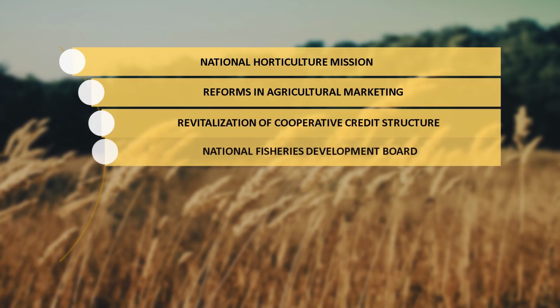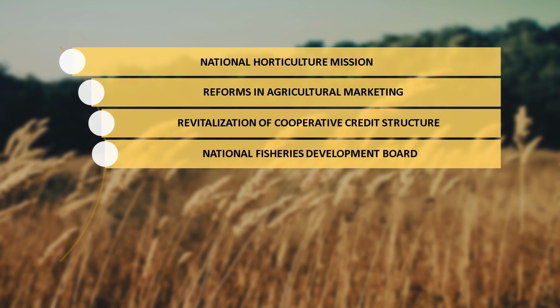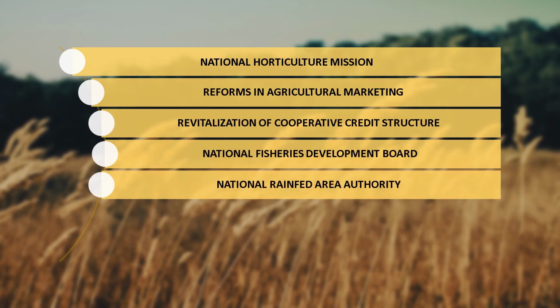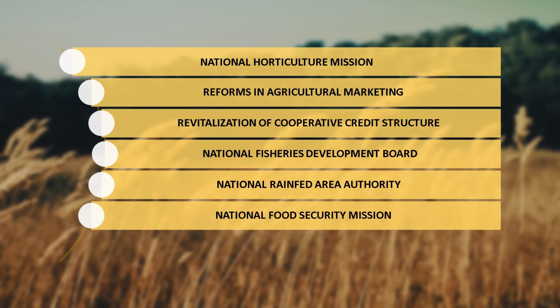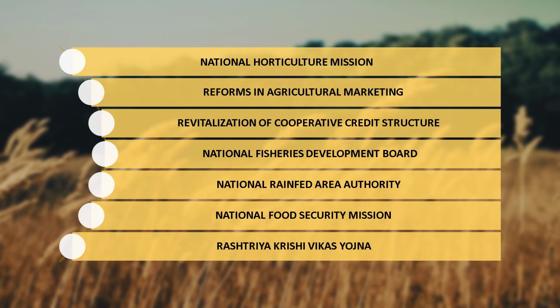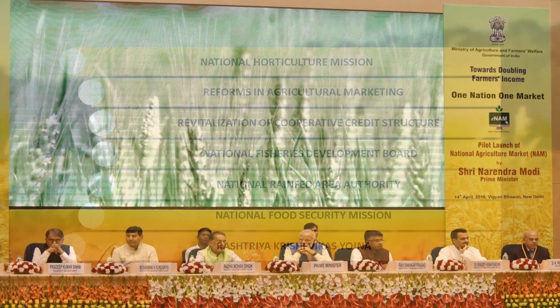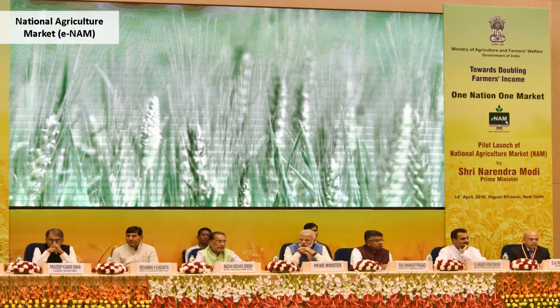Then the National Fisheries Development Board was created. Then we created the National Rain-Fed Area Authority to promote agriculture activity in rain-fed areas. The National Food Security Mission started in the country. Rashtriya Krishi Vikas Yojana was also started, and recently, in 2016, we started the National Agriculture Market, e-NAM